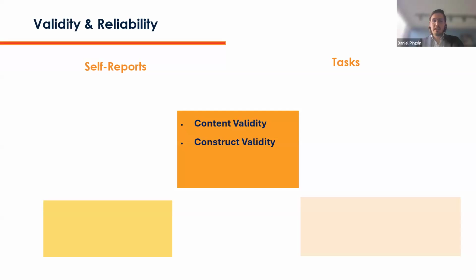Finally, criterion validity ties our tool to tangible outcomes. We found a strong correlation between users' self-assessments, task performance, and real job markers like job history, job search behavior, and wages. This proves that our tool doesn't just describe skills, but predicts success. Turning to reliability,